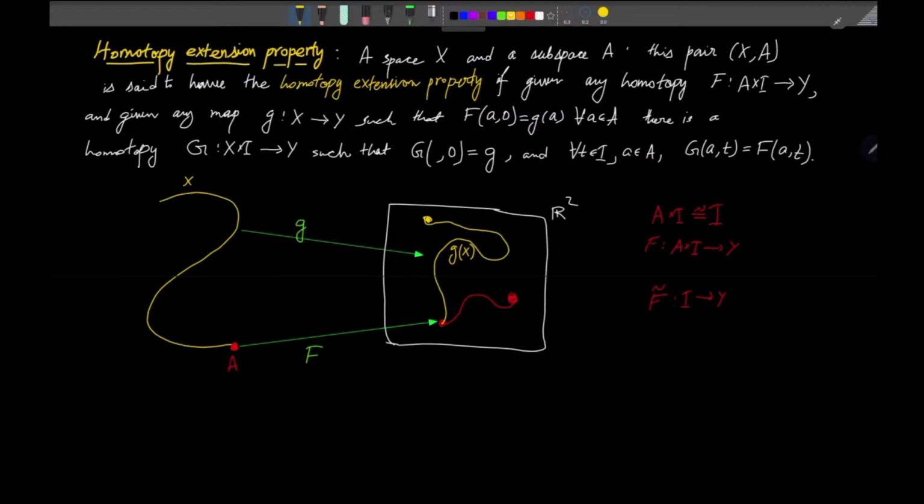So we are given this. And we are also satisfying the condition required of us, which is that the map G agrees with the homotopy. What that really means is that when we map this one single point A under the map G, it agrees with wherever the first map of this homotopy takes it. That is to say, this point is on both this yellow path or yellow image, and also on this red path. So given this, there is a homotopy G from X cross I to Y,